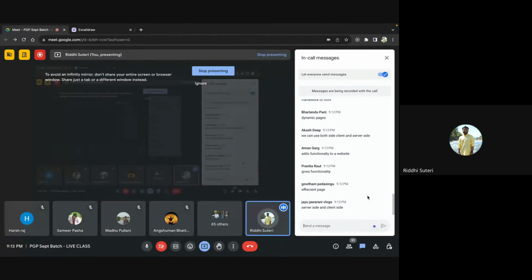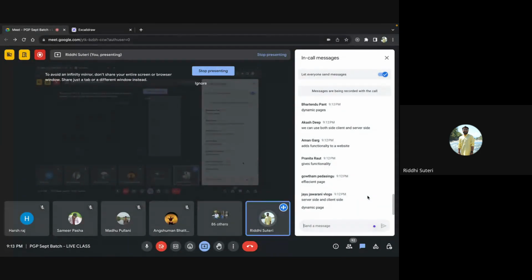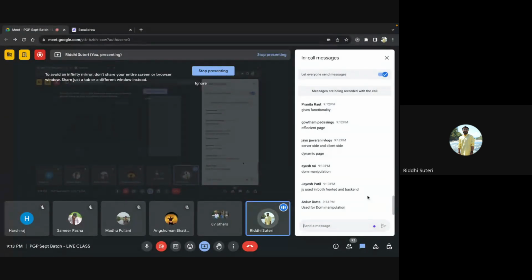All right. So I believe we have a variety of answers now, and we can quickly see what JavaScript is and what JavaScript is not. Because I can sense there are some answers, some pointers, which cannot be considered the right answer. I'll not point out who has given them, but just to make sure that we don't have this misconception about JavaScript. Okay, few people are again saying DOM manipulation, use for DOM manipulation and things like that.